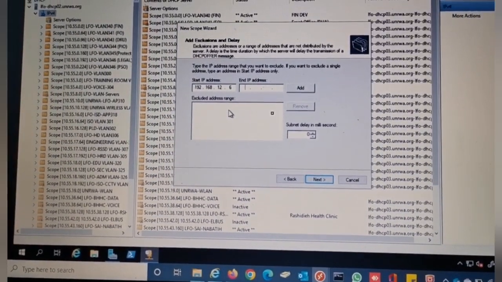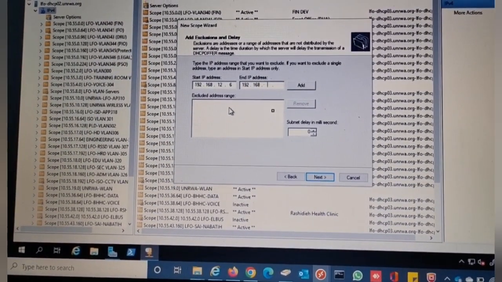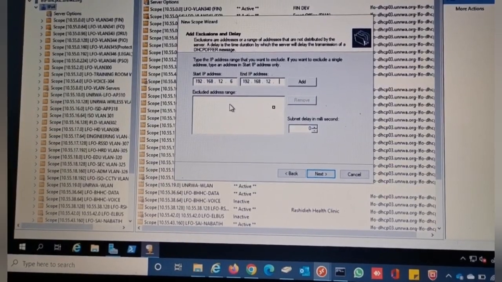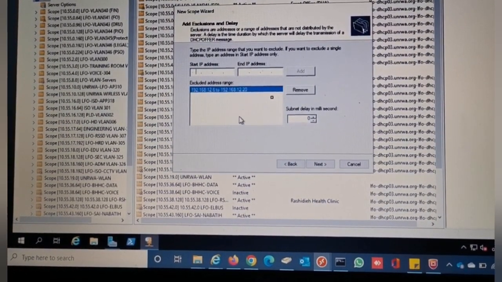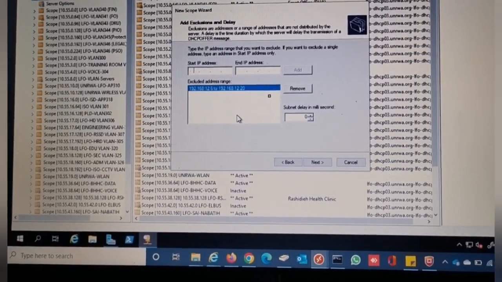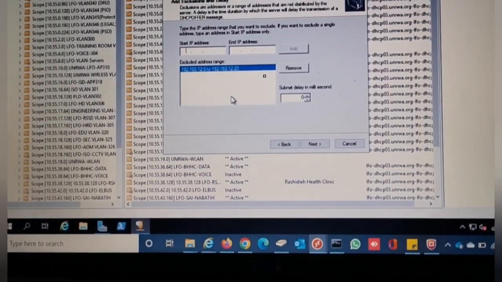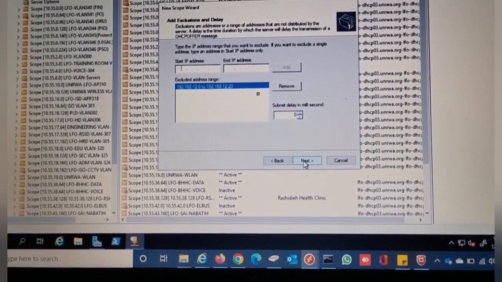I don't want these IPs to be given to any devices, because I want to use them as static IP addresses for certain devices. I may add this exclusion here, and then I will go to the next step, which